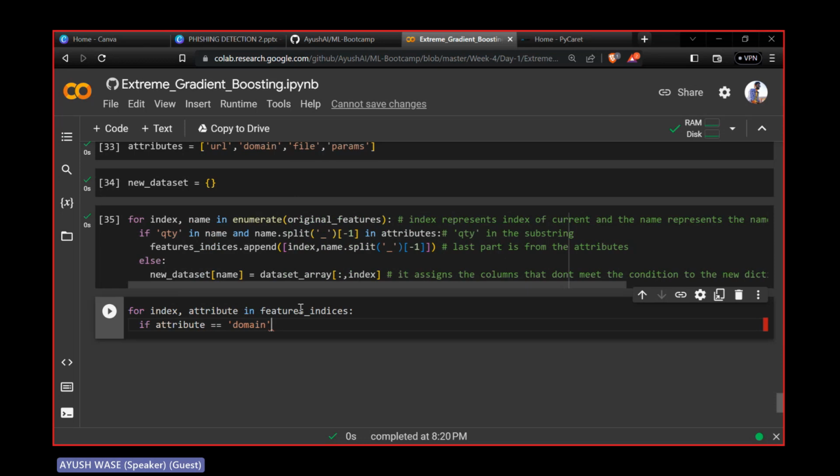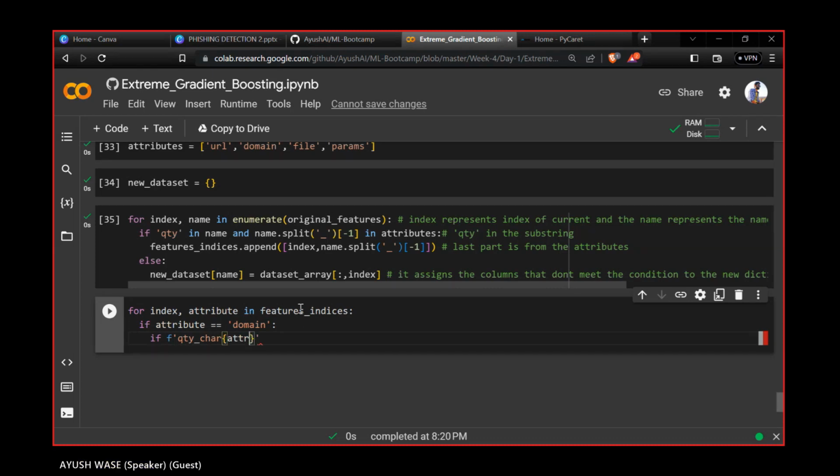If I'm having the values which are exactly the domain, then I'm going to write another condition where I want to see if the quantity and char plus attribute matches, and if it is so, if it is not in